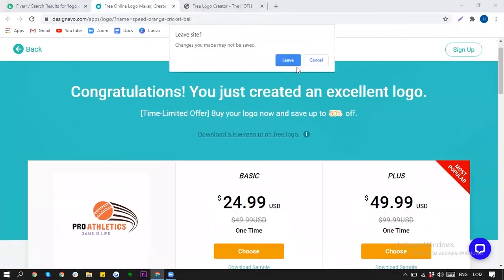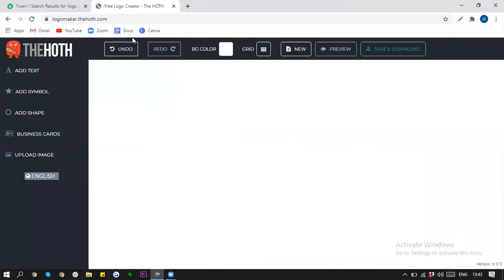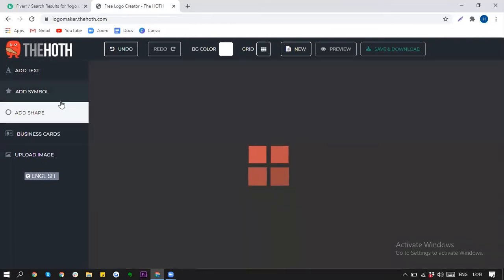Okay, for the second free tool which I'm going to show you, it's logomaker.thehoth.com. Okay, so you can make a logo from here as well, but what you need to do is create from scratch. So those people who are looking to make a logo, but they have some designing skills and they're looking to make it from scratch, so they don't need to use Photoshop. They can make the logo from here. So first we have to